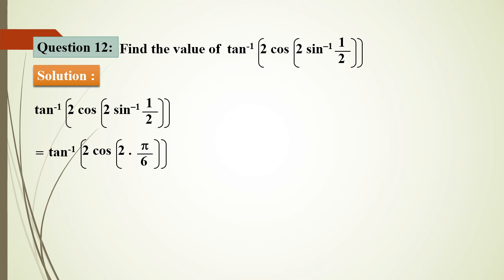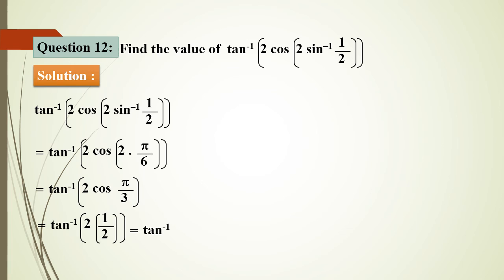So pi by 6, in the sense how much is it? See, sin inverse of sin, 1 by 2. Okay, now 2 ones are 2, 2 threes are 6, so cos pi by 3 will be remaining. Cos pi by 3, in the sense how much is it? Tan inverse of 2 cos pi by 3 can be written as 1 by 2. So tan inverse of 2 times 1 by 2. 2 and 2 both are gone, tan inverse of 1 will be remaining. Then tan inverse of 1, in the sense, is pi by 4. This is the principal value of the given function, found after finding the values of the respective functions.